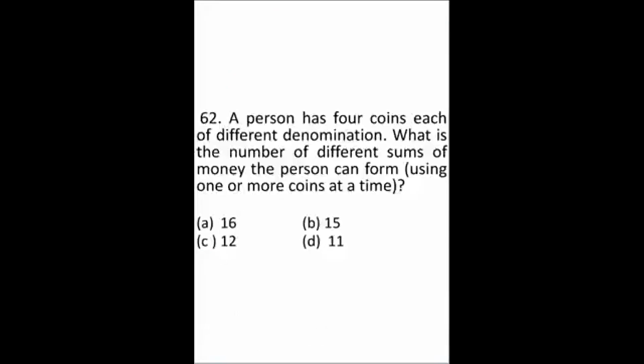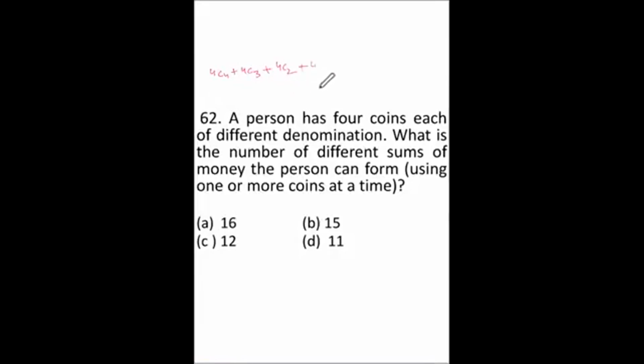A person has 4 coins, each of different denomination. What is the number of different sums of money the person can form, using 1 or more coins at a time? So it will be that all the four coins are there. So all the 4 have been taken. Then 3 have been taken, 4C3. Then 2 have been taken,